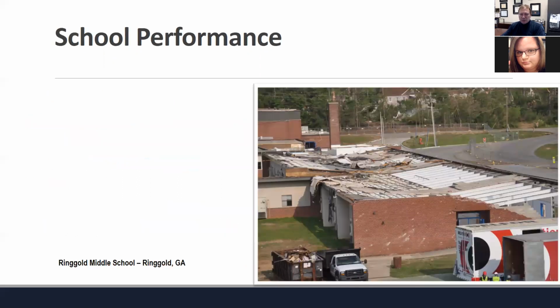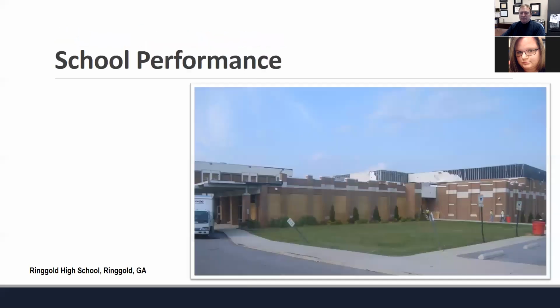So this was the school at Ringo Middle School. It just so happened the school was closed. I think it was closed for spring break, but the point was there was nobody at the school. But as we get a little bit closer, I've got some inside pictures that we took that remind us of our normal instruction of where to go and where would be a safe place to go, and remind us that we could have lost lives had that occurred.